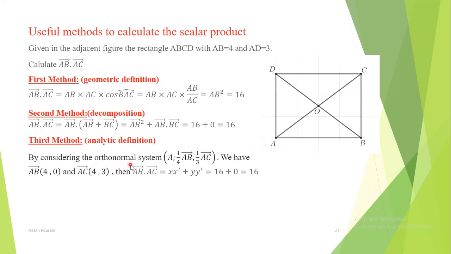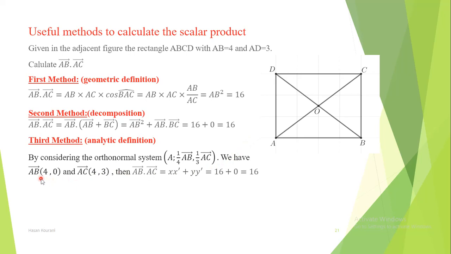If we consider the orthonormal system A, with 1 over 4 AB, which represents the reference vector of the x-axis, and 1 over 3 AD, sorry, it must be AD, this is a mistake above,